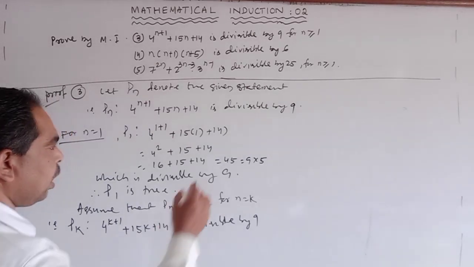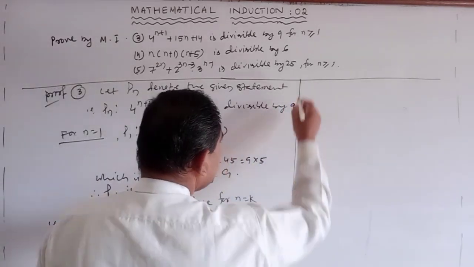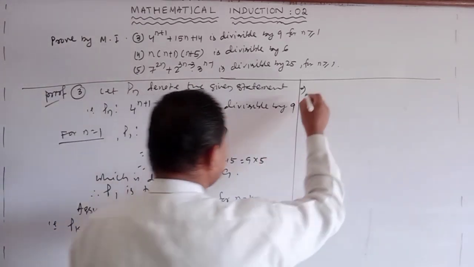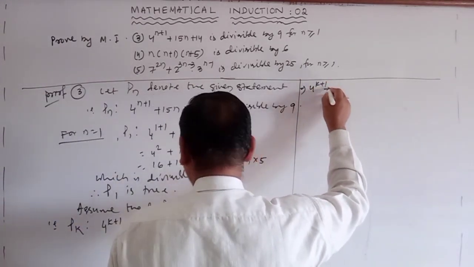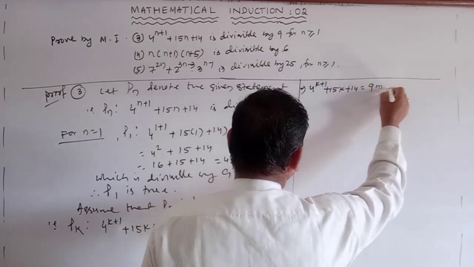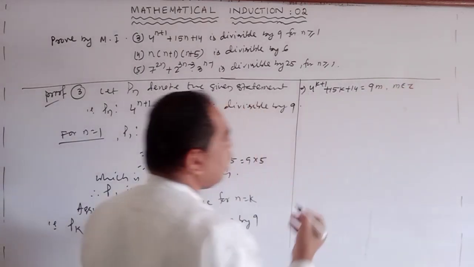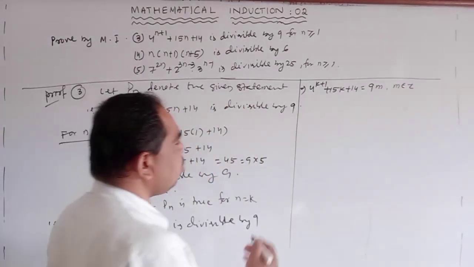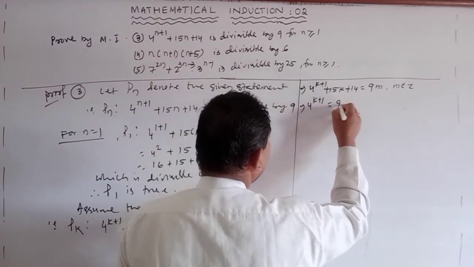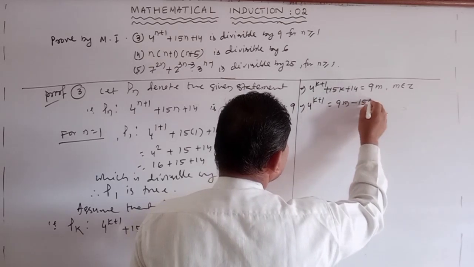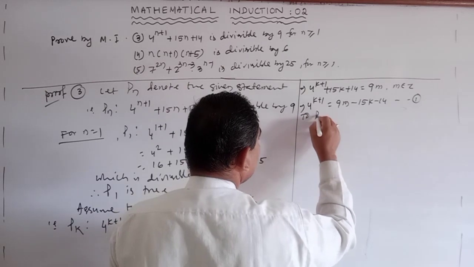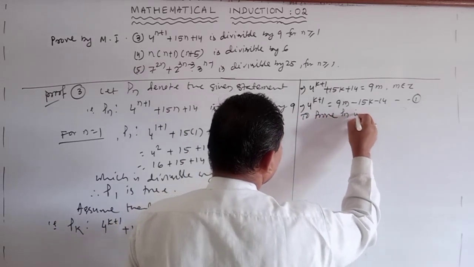So this implies, or we can write, 4 to the power k plus 1 plus 15k plus 14 is equal to 9 into m, where m belongs to Z. So find the value of the complex part. 4 to the power k plus 1 is equal to what? 9m minus 15k minus 14. This is equation 1. To prove Pn is true for